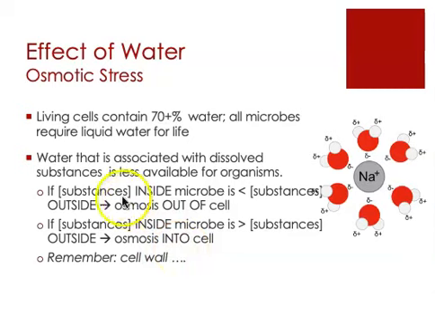So changing concentrations of dissolved molecules around a cell really matters, because if those molecules are unable to cross the membrane and a concentration gradient is created that cannot be resolved, osmosis will result, and that can have devastating effects